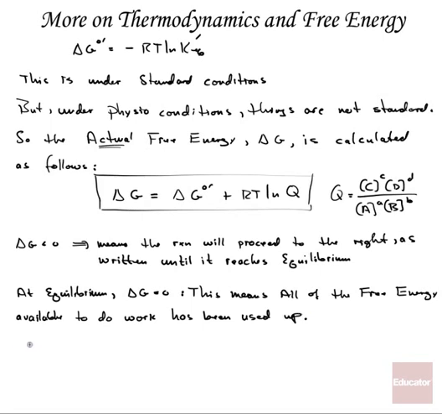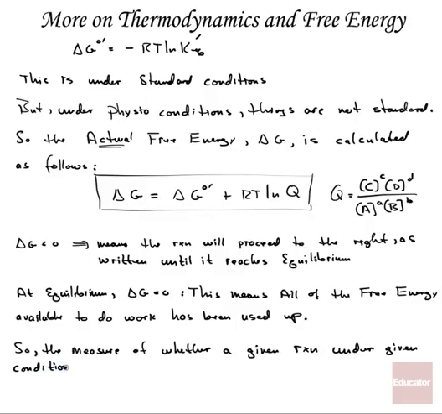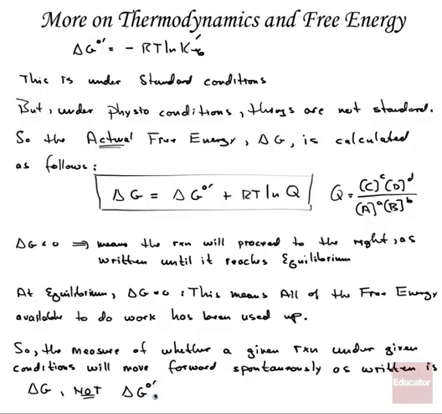Okay. So, this is the take-home lesson. The measure of whether a given reaction under given conditions will move forward spontaneously as written is delta G, not delta G standard. So under a given set of conditions, it's delta G that we calculate from this equation right here